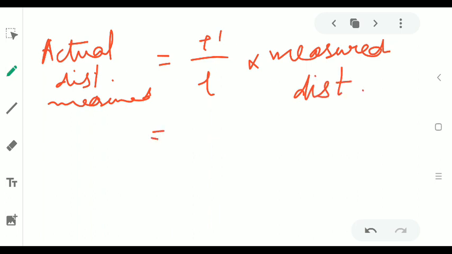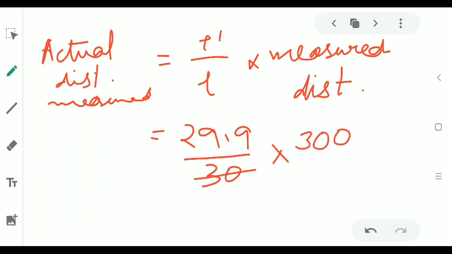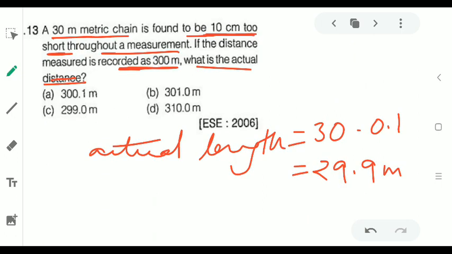So your L dash is 29.9 divided by your measured tape length 30, into your measured distance of 300 meter. So you will get this value as 299 meters. That is your actual distance. So in actual, the distance on the ground was 299 meter,